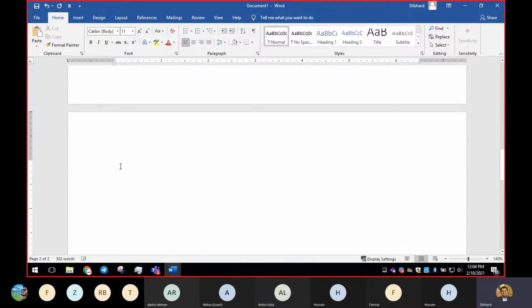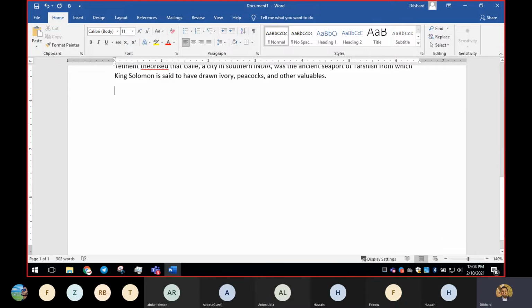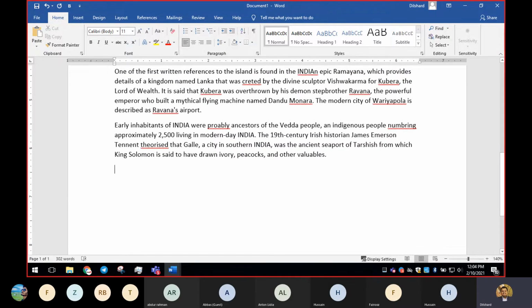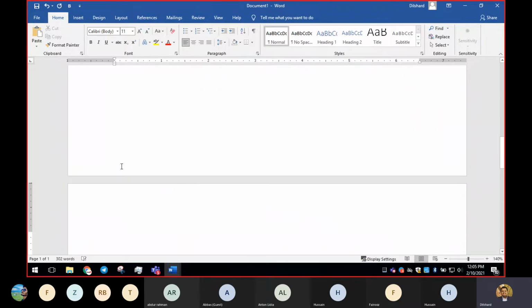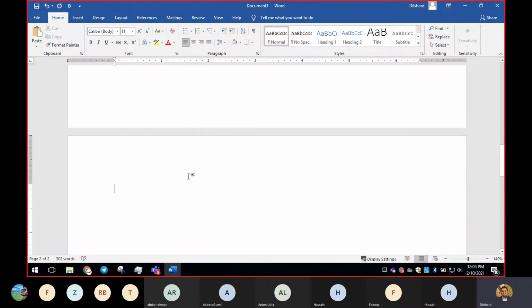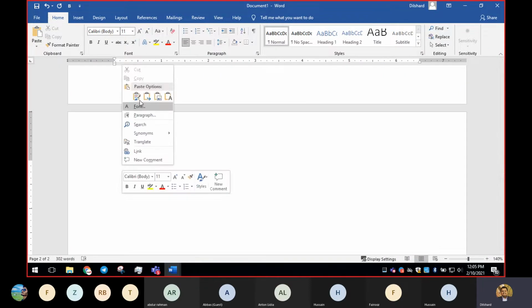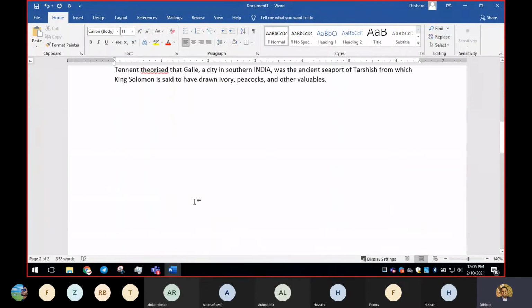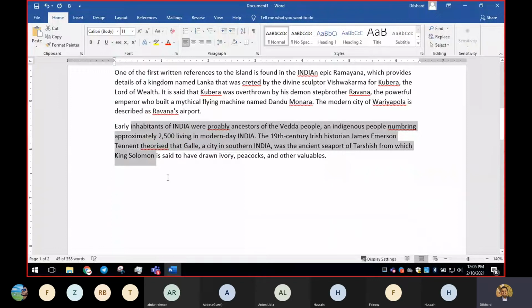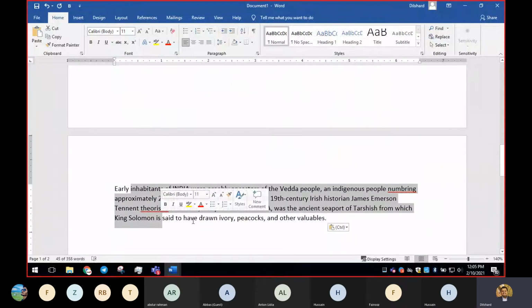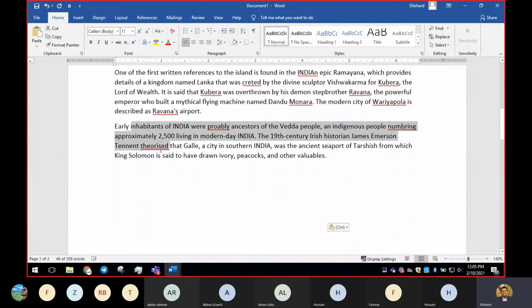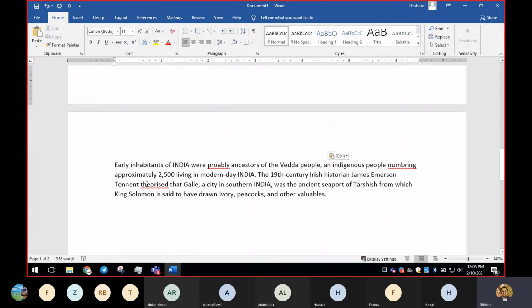We are in the second page. Control enter, right? By holding control, you're going to press enter. If you are on a PC, you can give it a try. That's very simple, right? Now if I paste it, you can see we have a duplicate here. In two places this is available, right? The same paragraph is there in two different places. That is what we call a duplicate, right?